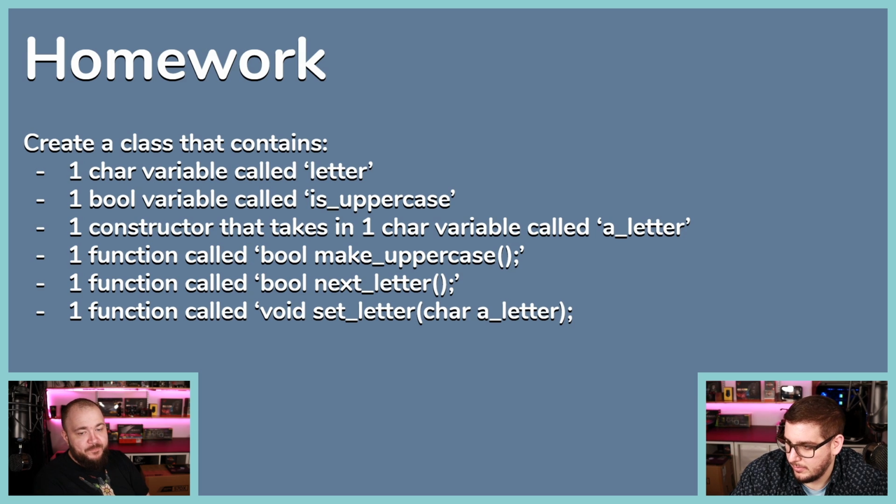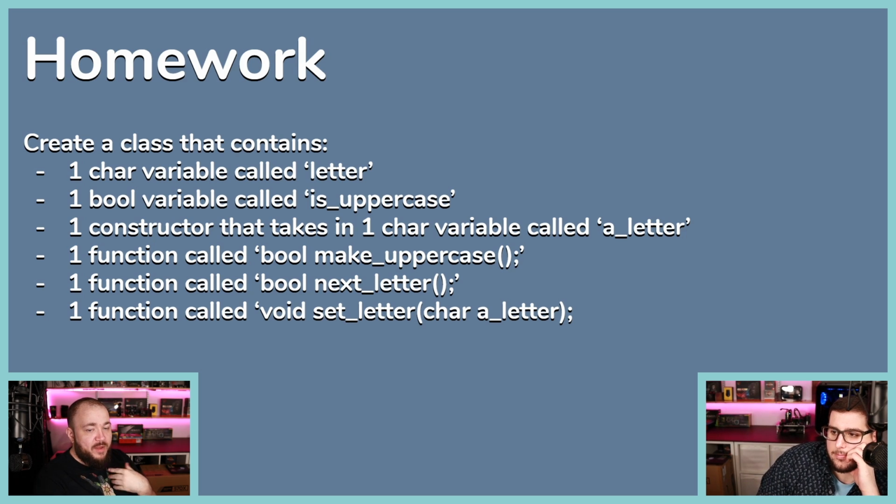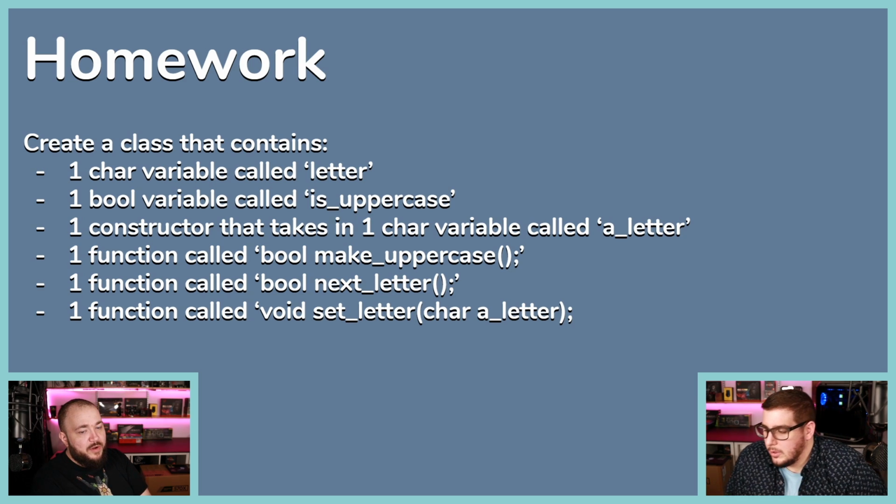Yeah. So the idea is that the class is storing a letter, some letter, and we have a Boolean also that's saying, is this letter uppercase or not? So when you send in small a, you would say that the letter is equal to a, and is uppercase is equal to false, right? If you send in big M in the constructor, you would say letter is equal to M and is uppercase is equal to true, because big M is uppercase. And if you then call make uppercase on big M, it wouldn't do anything, because it's already uppercase. But if you would do make uppercase on small b,